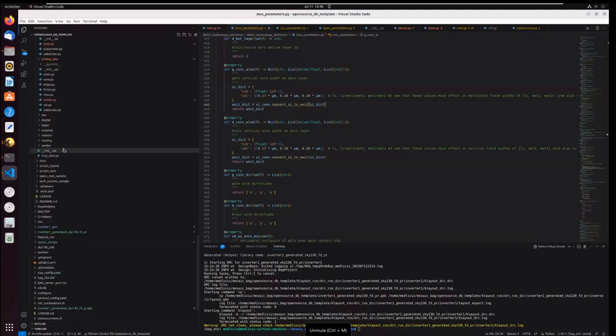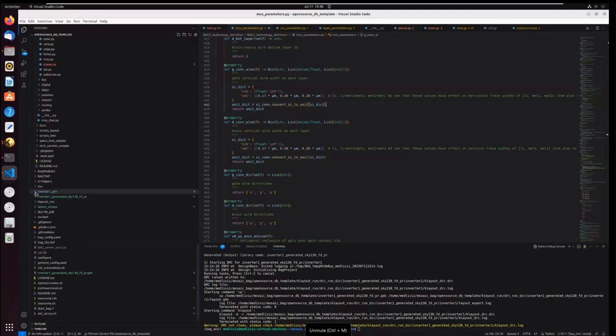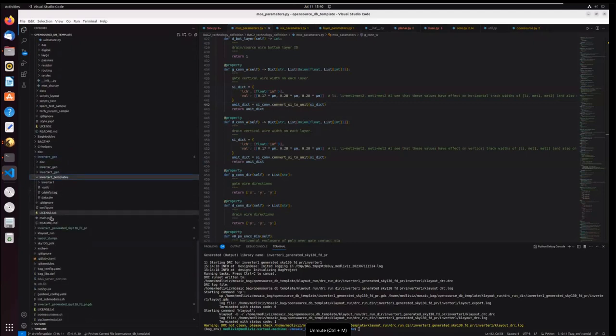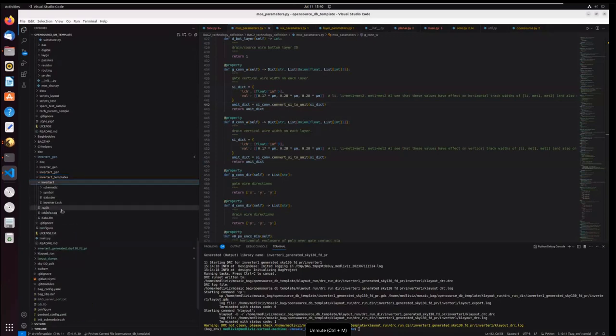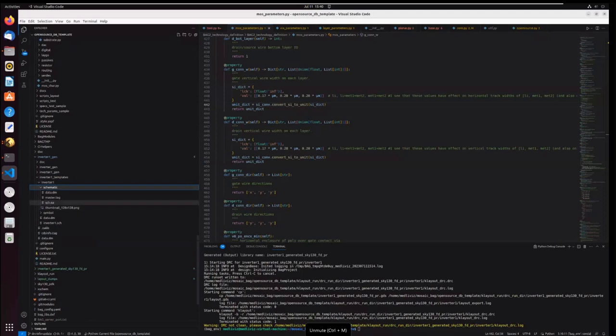In the original BAG2 flow, the symbol and the template schematic of a generator package would be an OA library of Cadence Virtuoso. So you would have a cell like inverter 1, and in the cell you would have a symbol view and a schematic view, which is the input template schematic, which will then be patched and augmented